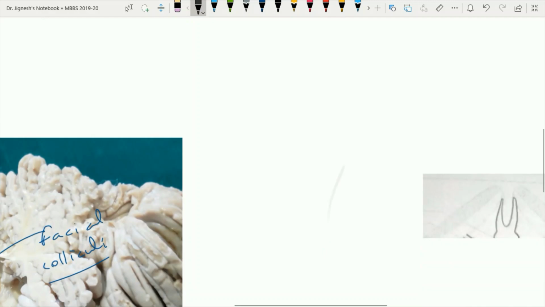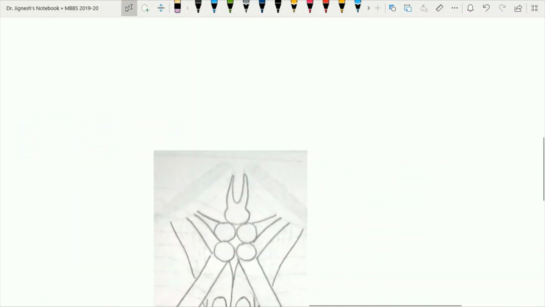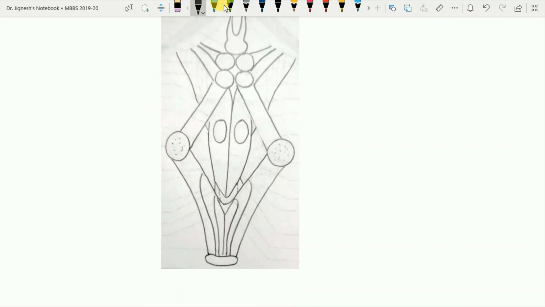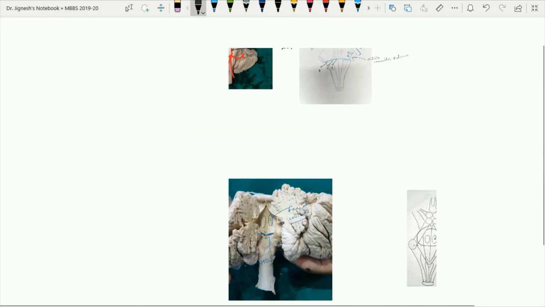And this figure is the schematic figure of the posterior surface of the brainstem, where we can see this upper portion of the floor of the fourth ventricle is formed by the pons. Within this area, one most important structure lies, and this is the facial colliculus, which we are going to learn in detail in the internal structure of the pons. While the other structures of the posterior surface of the pons, we are going to study in the fourth ventricle. So this is all about the external features of the pons.